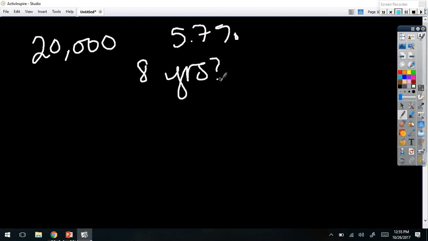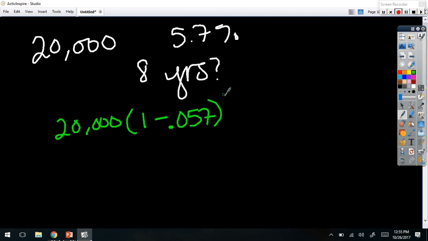5.75. All right, so the question is, what's this car worth after 8 years? Okay, so I'm going to start with my initial amount times 1. This time it's minus because it's depreciating. Change that percent to a decimal, 0.057, raised to the